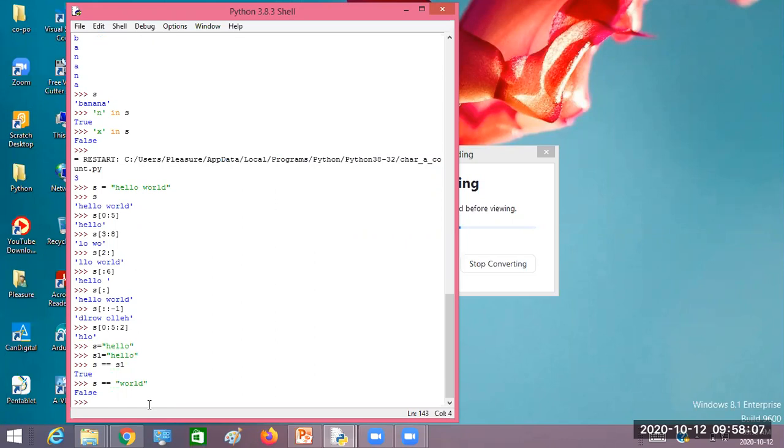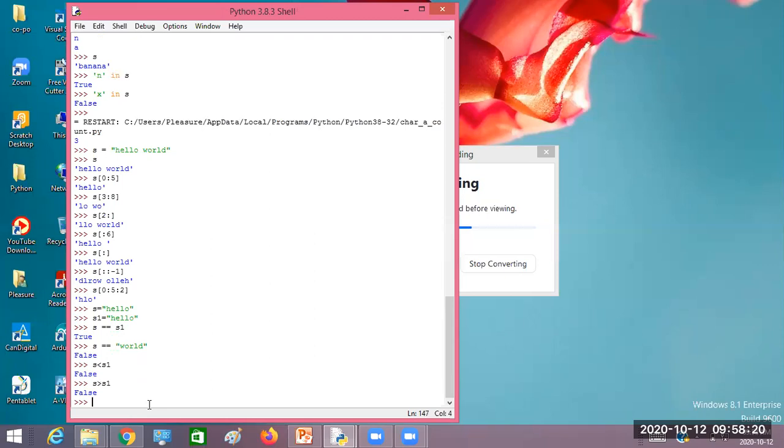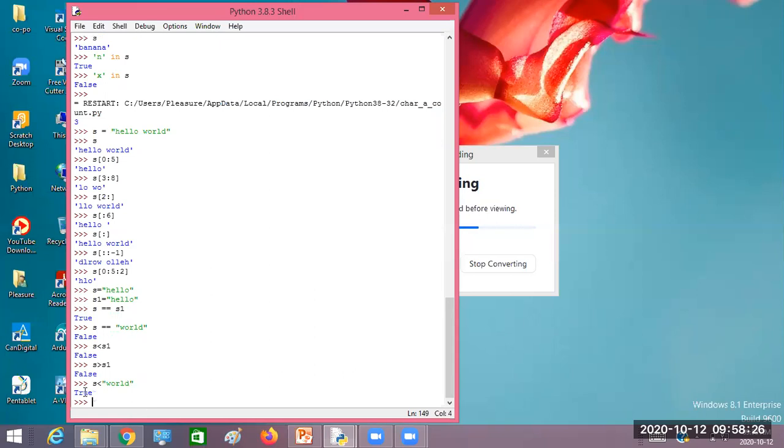Likewise, you can compare s less than s1. It gives false, since both are equal. Similarly, s greater than s1 is also false. If I compare with world, this time it will give true, since s has the first letter h, so its ASCII value is lesser than w.